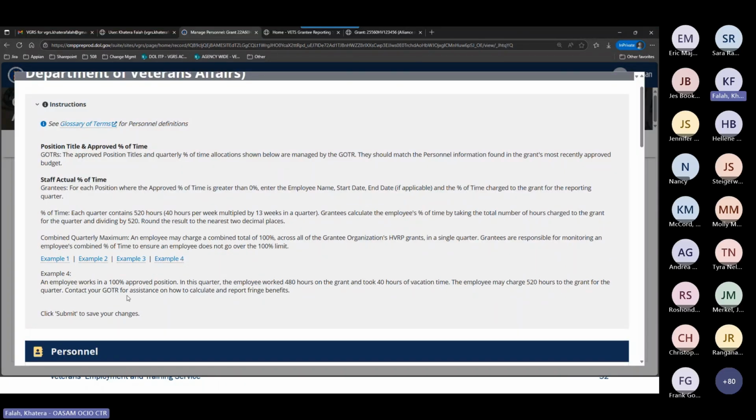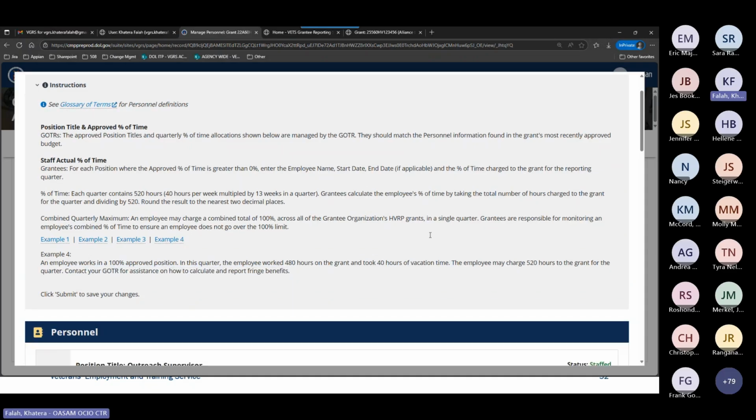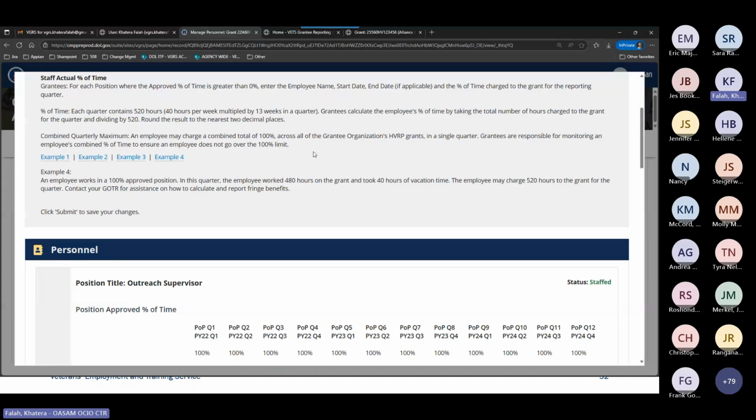But there is a call to action to contact your coder for assistance on how to calculate and report fringe benefits. So I do advise you read the instructions whenever you have the chance, but for the most part,